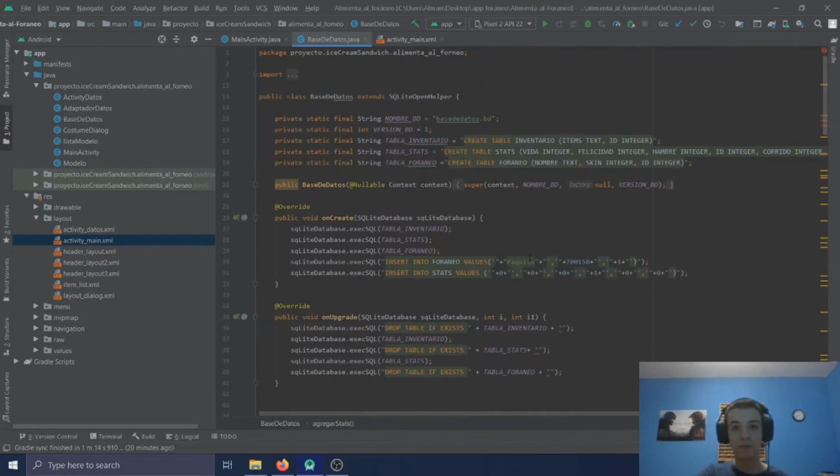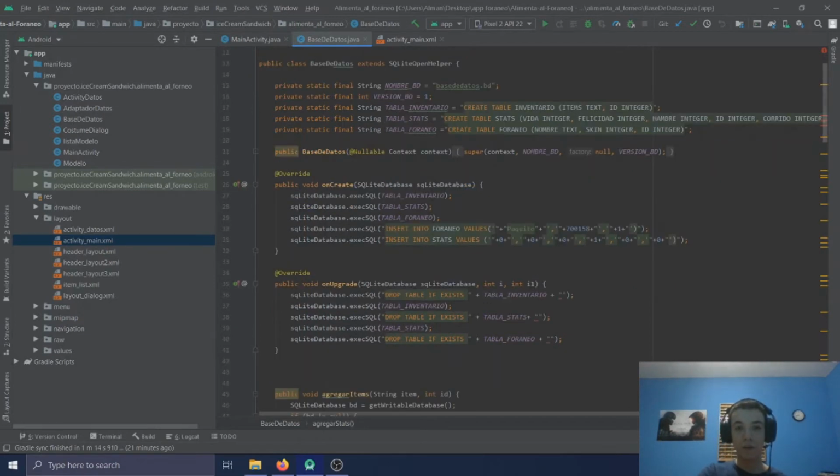For example, at the beginning we create the different tables. We have 3 tables: inventory, statistics, and the main table, which is the foreign table, which saves the name, the skin, and the ID. On the onCreate method, we